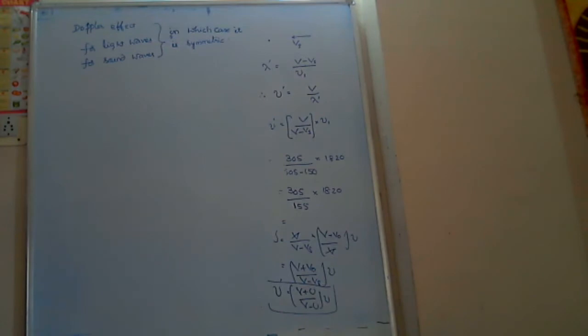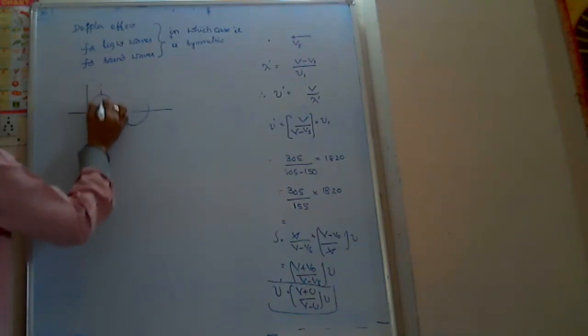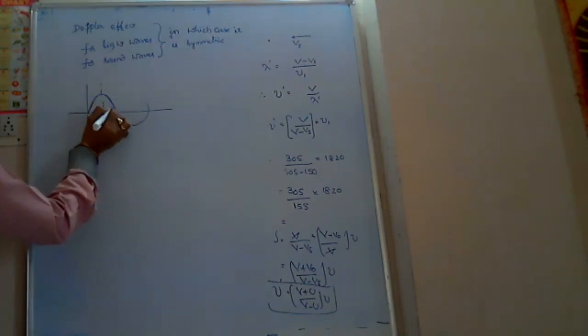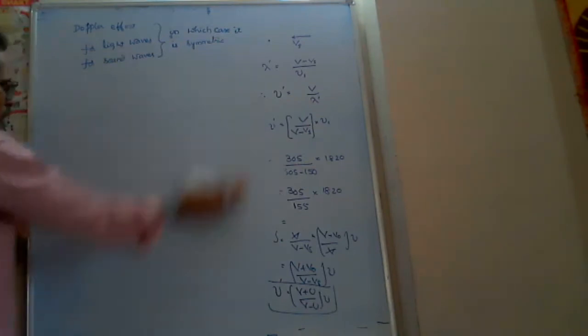Symmetric means, first of all, that is what I am going to say. Symmetric means, what is the meaning? In mathematics, if you take something, you can divide it into two equal halves. For the sine curve and cos curve, we say symmetric. If you see half, it is exactly symmetric to the other. Here in the same way, symmetric means this is the Doppler effect.